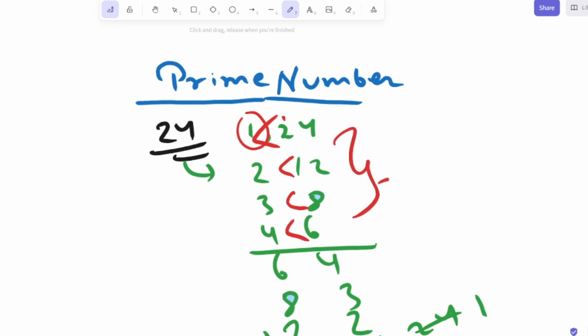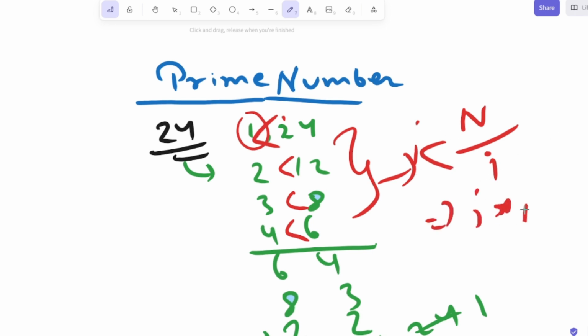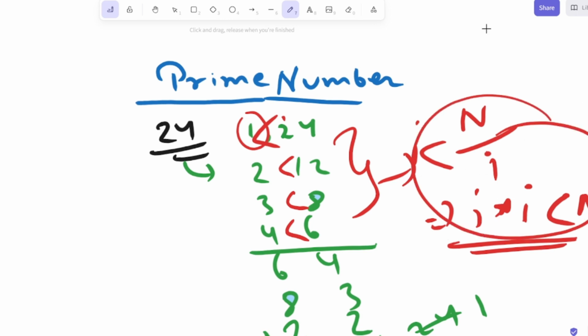So what we will do is run a loop till n by I. This is the concept we are going to use, but we will check whether I should be less than n by I, which means I squared would be less than n. So this is the concept we are going to use for the prime number. But